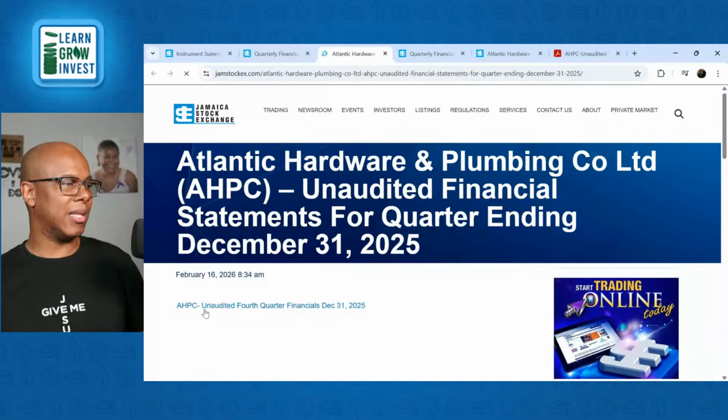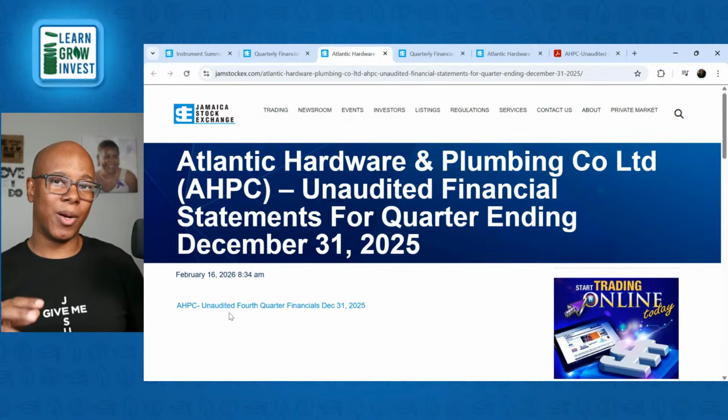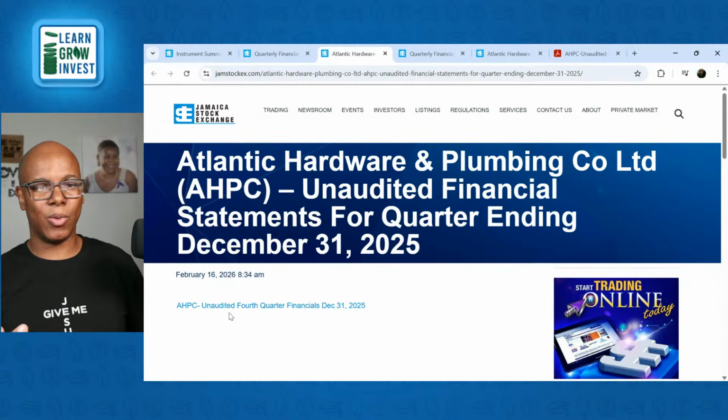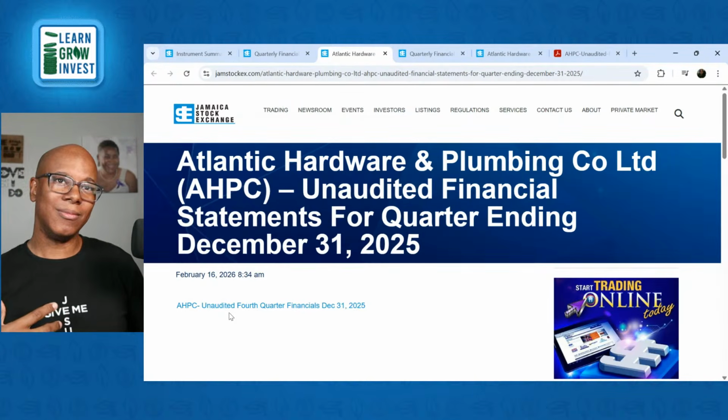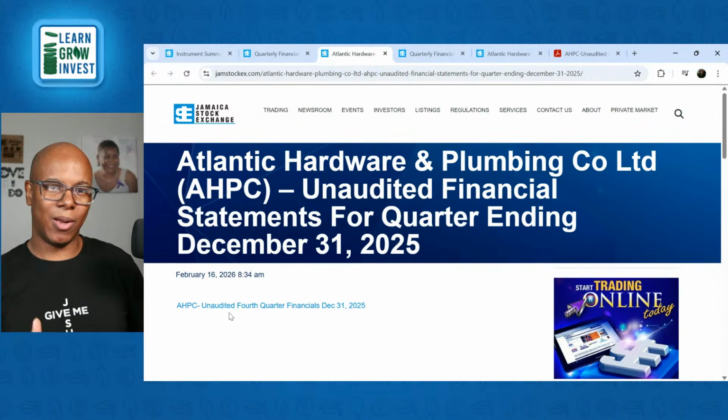And so this is their unaudited 4th quarter financials for the period ending December 31st, 2025, right? So that's how you understand the information that you're seeing here. Unaudited just means that the numbers are prepared in-house. They haven't gone through the auditing process. And so these numbers may change depending on what the auditing process reveals, but in most cases, you can trust